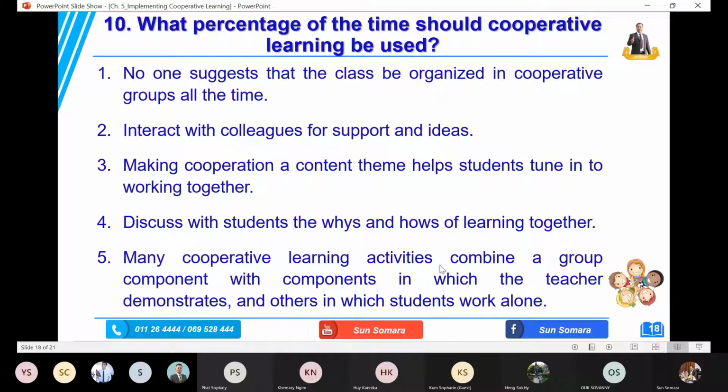What percentage of the time should cooperative learning be used? So, number one, no one suggests that the class be organized in cooperative learning all the time. Not group work every time. Interact with colleagues for support, support and ideas, right? So in some part you can